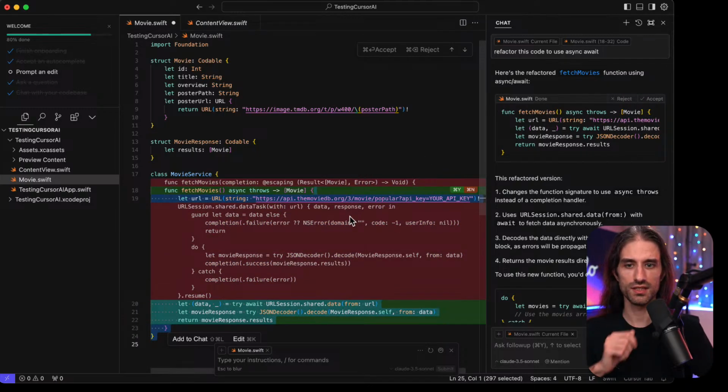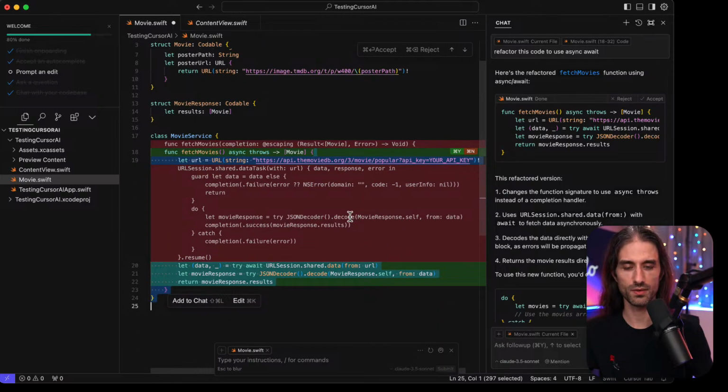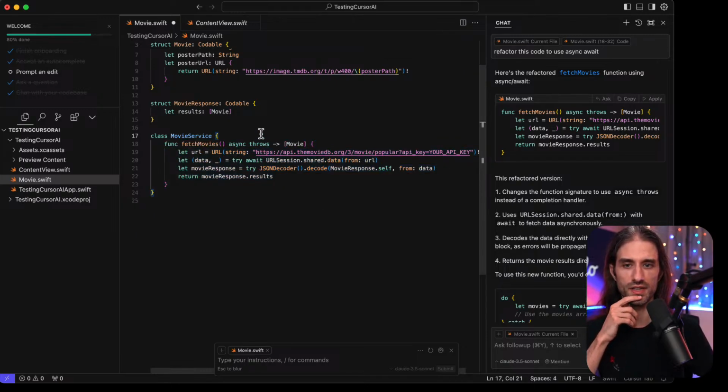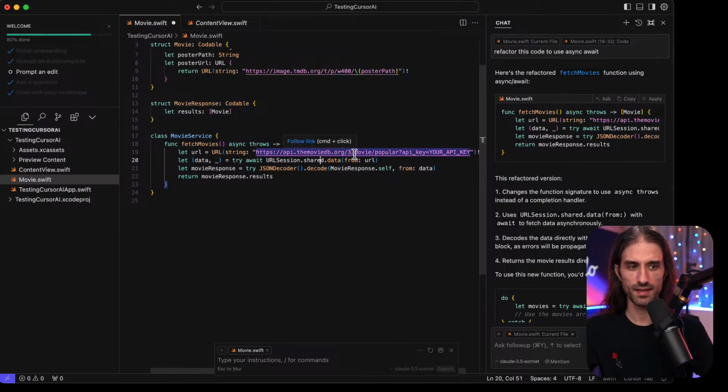I can see the changes just like I would in a pull request, and I can do Command Y like this. Okay, and also Command Y. Okay, so I can do it for each part of the diff. And now it seems that I have mostly what I want. Great. So now I'm going to try it again.